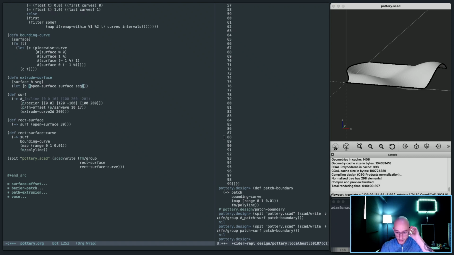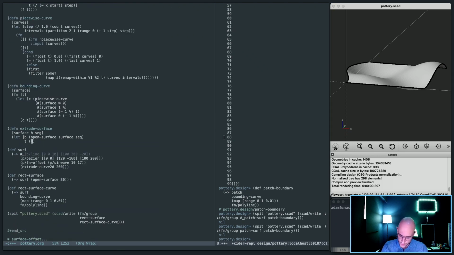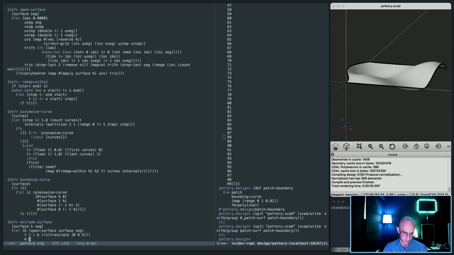And then the top, I'm going to just do a crude thing here where I just take a copy of the bottom and translate it up the height. So fm/translate 0 0 h, and that's the top. Then the mid is just going to be